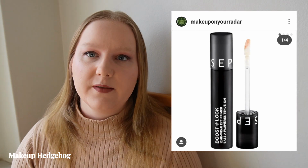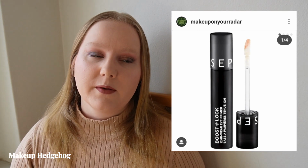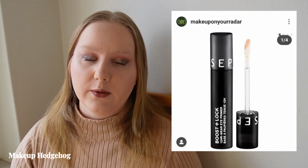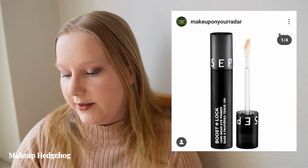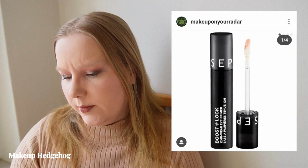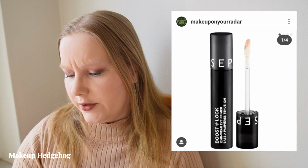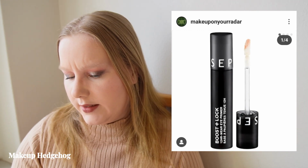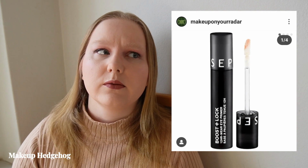I'm not actually sure because again I live in a country that doesn't have a Sephora, so I'm quite dependent on my knowledge about what Sephora has, from the few European Sephoras that I can look at from my country online, and if I visit a country during holidays that has a Sephora here in Europe. But I'm not sure whether Sephora Collection had an eyeshadow primer before. It says that it has a cream formula, and this should lock your eyeshadow for 12 hours. Well, I wouldn't